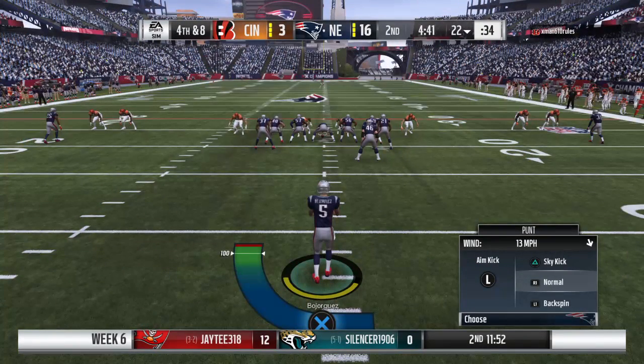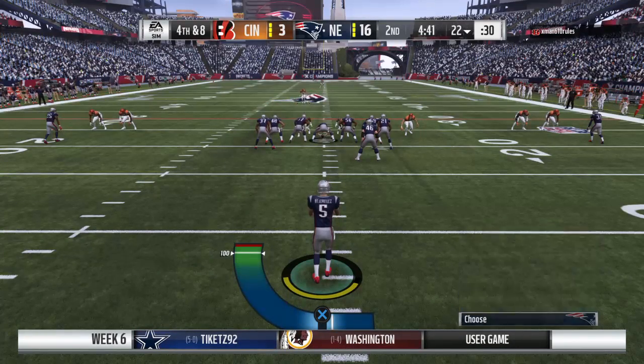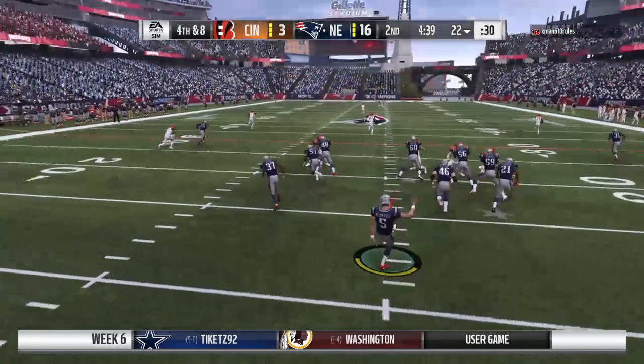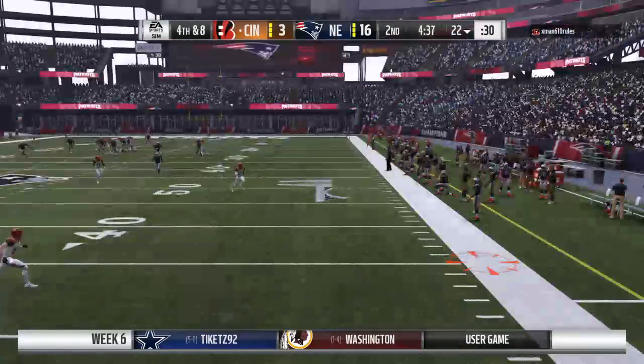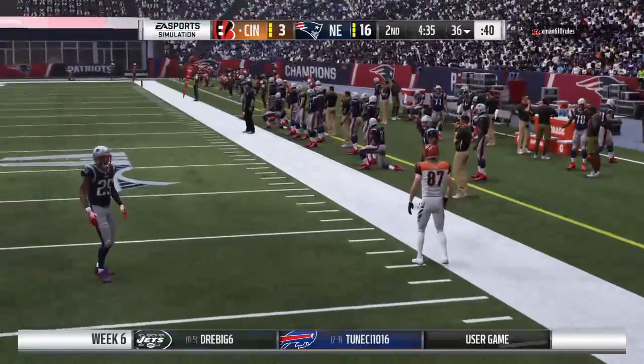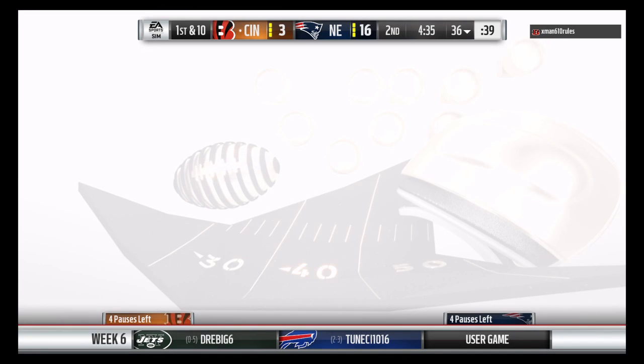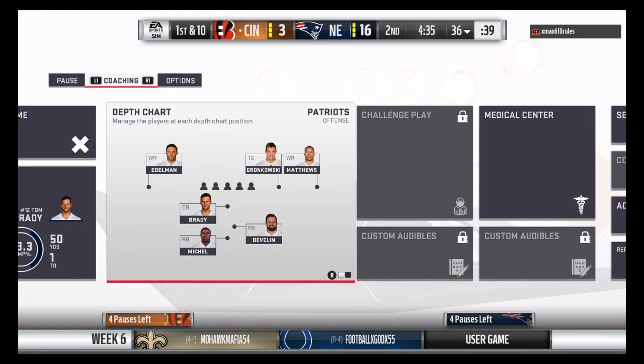Brady's throw on 3rd down there is incomplete. He gets this one away, and boy, it's another boomer. So now the Bengal offense